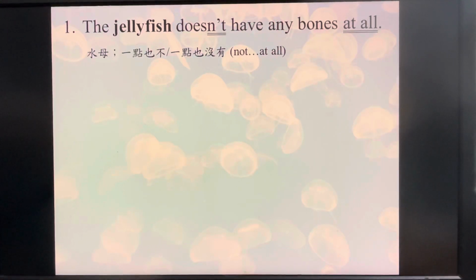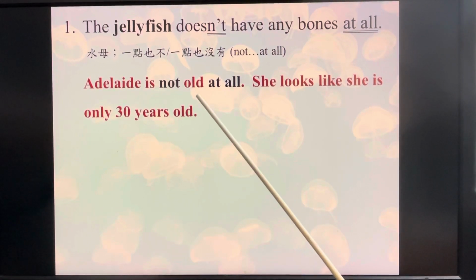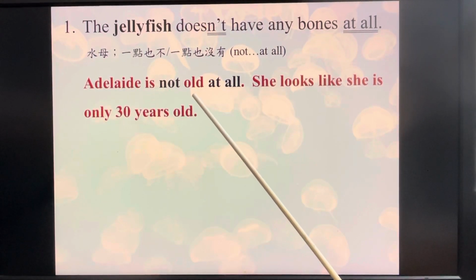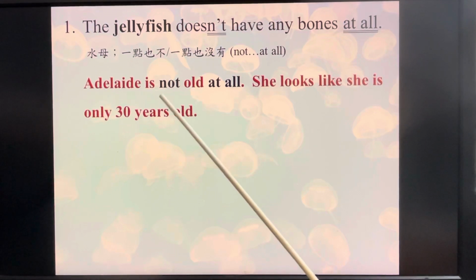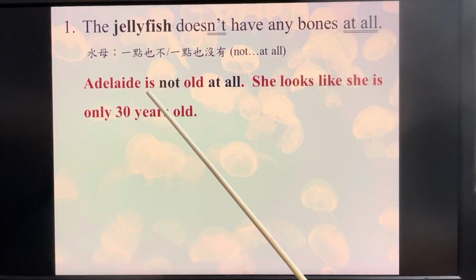一根骨头都没有耶。Now let's take a look at the usage. Adelaide is not old at all. She looks like she is only 30 years old. So you see here, old 不是一个动词，是形容词。